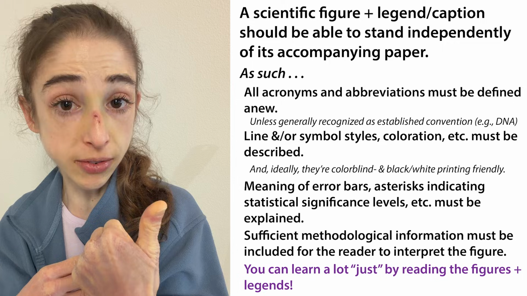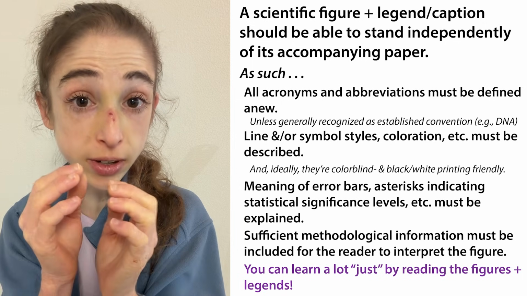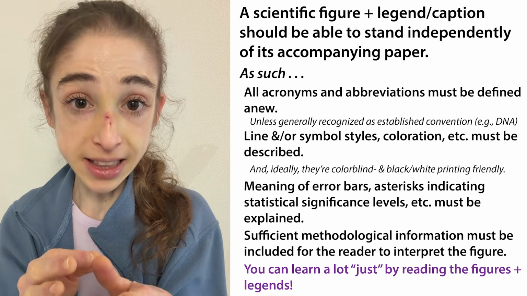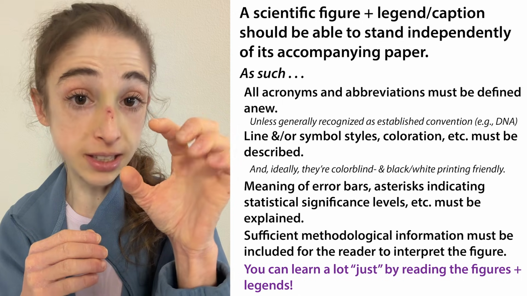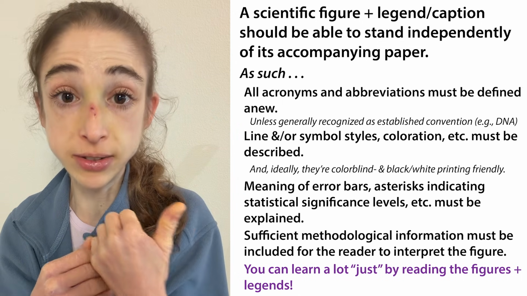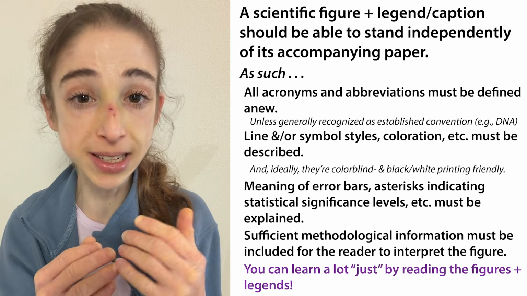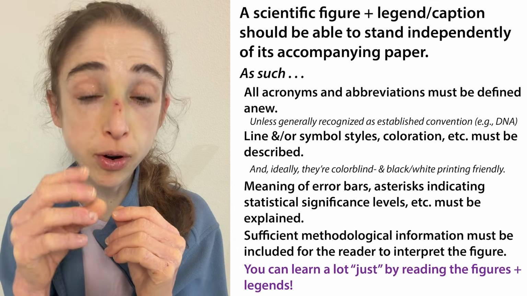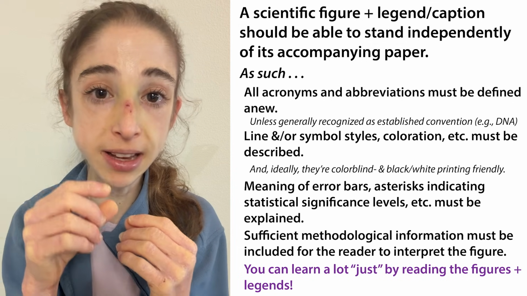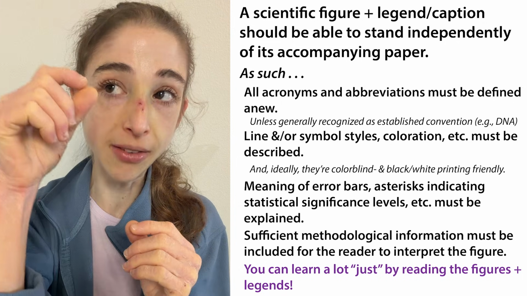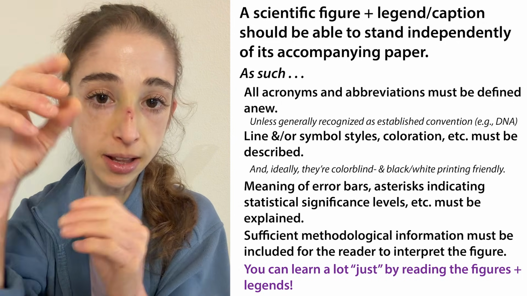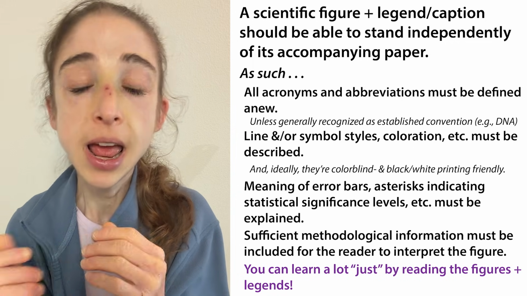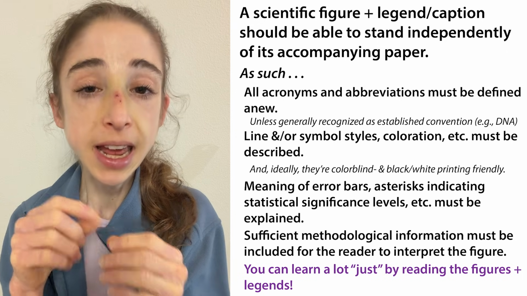So again, this includes abbreviations. It includes any shortening forms of words you use. It includes coloration, line styles, anything like that. It also should include, if there are error bars, are those standard deviations? Are those standard error of the mean? What's your replicate size? So you might see n equals, and that tells you how many replicates there were. If there are statistical tests performed, often the statistical significance level will be indicated with an asterisk. And so it will have an asterisk, and then it'll say P less than blah blah, and P less than blah blah, and you might see an NS for a not significant difference or whatever. And all of that should be defined in the figure legend,